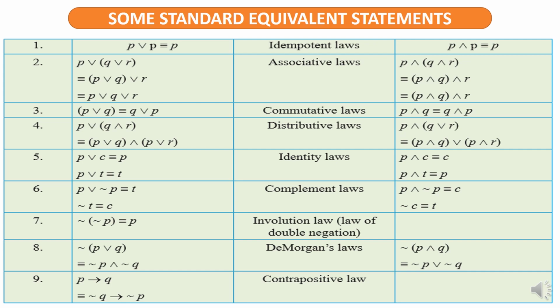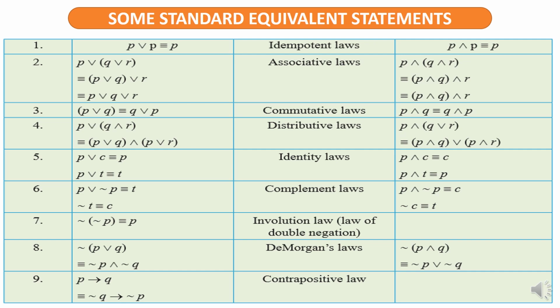Associative laws. You can change the bracket and thus change the association over here. For this, the condition is that the connectives must be the same. In the given statement, two connectives may be used, which should be the same. For example, (P or Q) or R is the same as P or (Q or R), which is P or Q or R without any bracket. On the RHS, you can read for yourself. For and, the same association is used. You can change the bracket. If two conjunctions are used, you can change the bracket and mean the same thing actually.